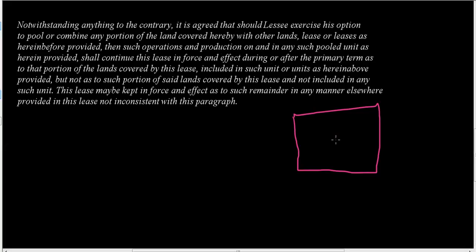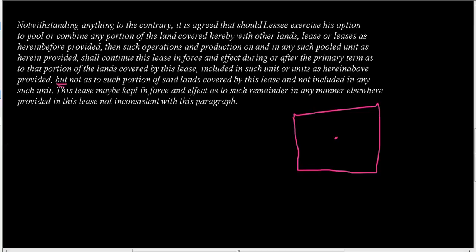So as long as we drill anywhere in this pooled unit, it's going to hold the interest past the primary term. As to that portion or portions of the land covered by this lease included in such unit or units as herein above provided, but